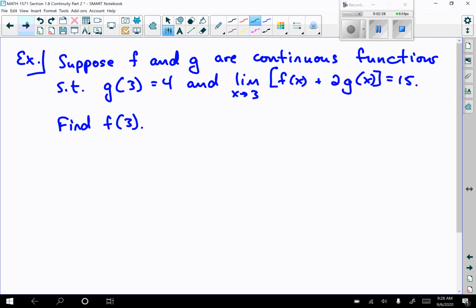All right, so in this example, it says suppose f and g are continuous, and we're going to see that a lot in the statements here. Suppose that they're continuous functions such that g of 3 is equal to 4, and the limit as x approaches 3 of f of x plus 2 times g of x is equal to 15. We want to find f of 3. All right, so we're going to start with g. So if g is continuous,